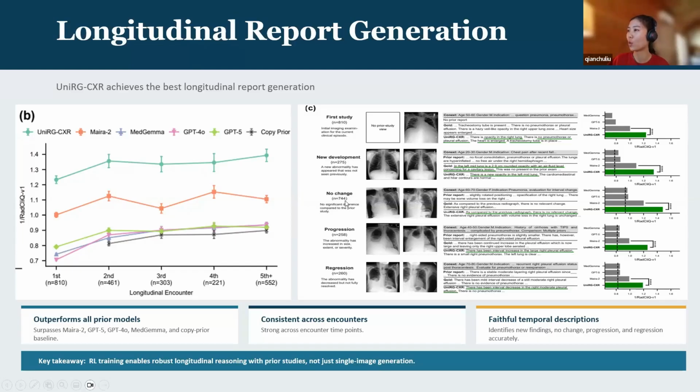And similarly, for regression, the model is able to comment on the corresponding changes. So I think this is a very important